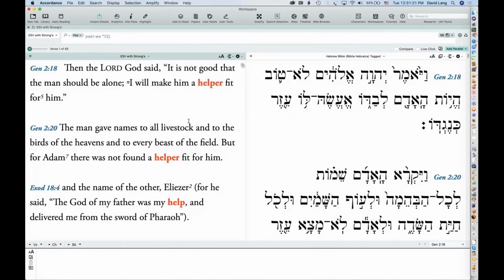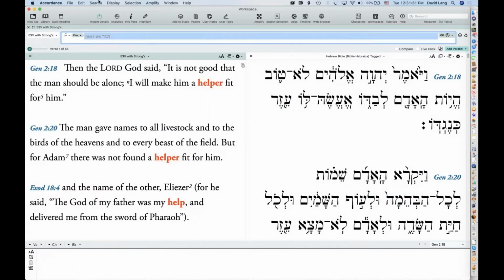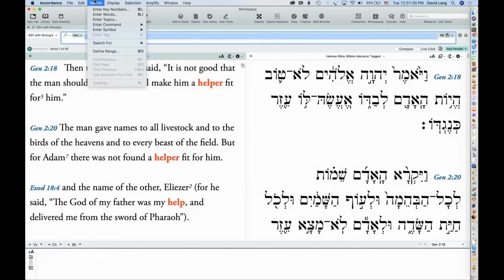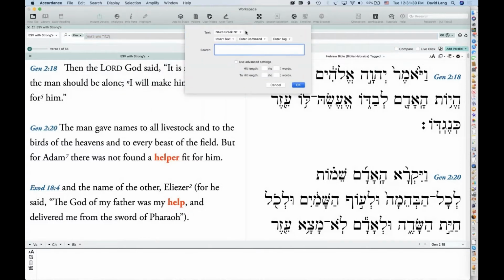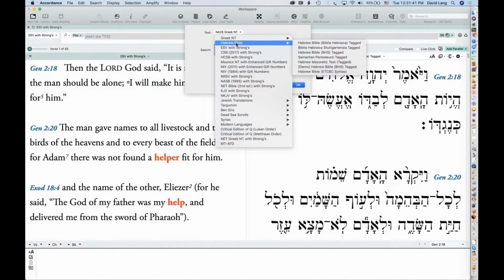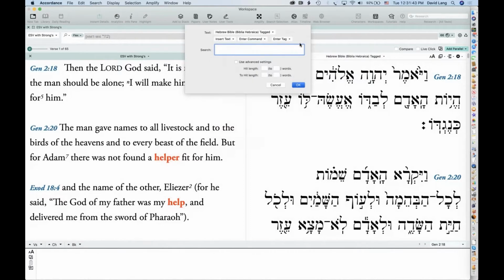All right, so you have the text command, which enables you to, again, leverage stuff from the Hebrew text. Or let's do a text command like this. Let's go to enter command, text, and I'm going to choose the Hebrew Bible as my search text, and then I'm going to enter a tag.